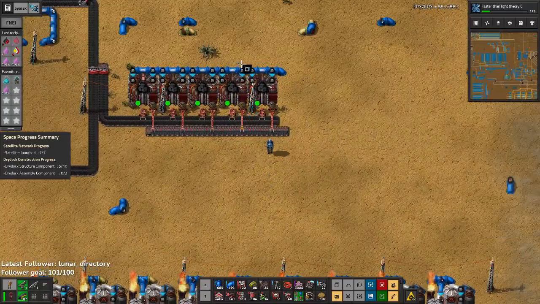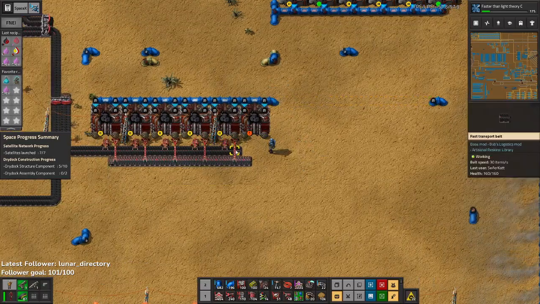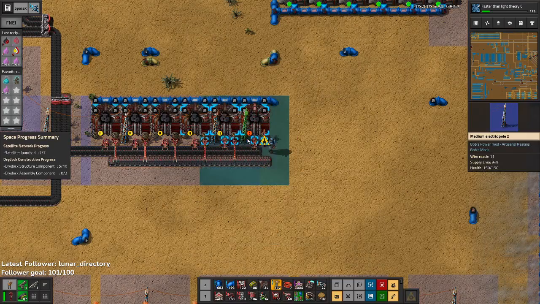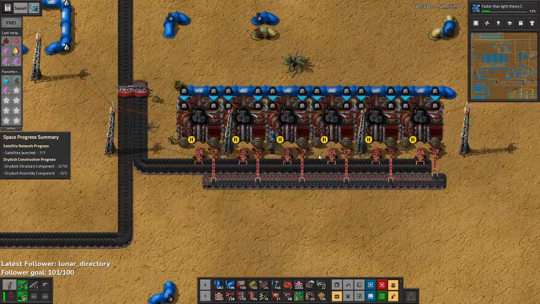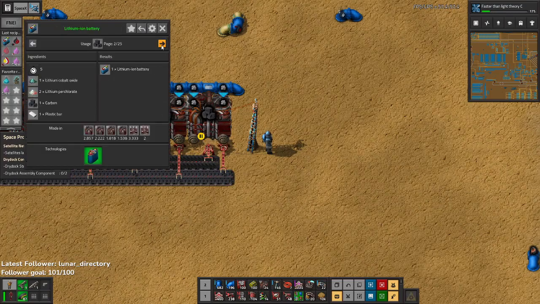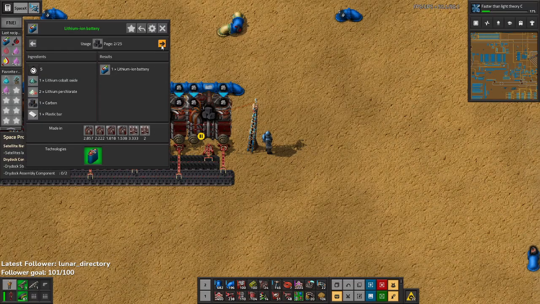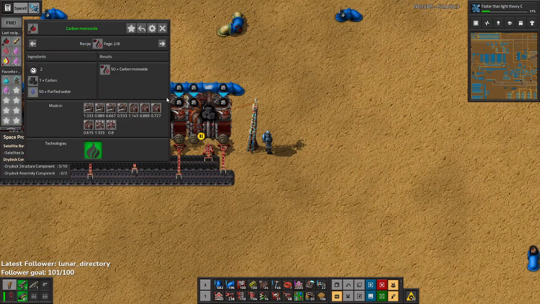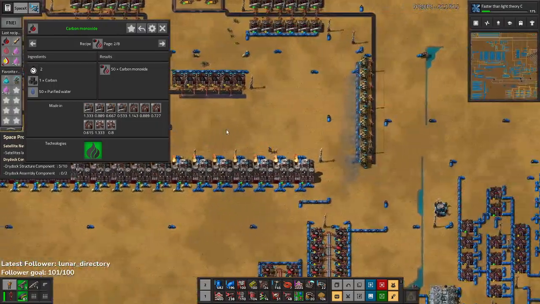Now with the carbon, one more of those actually. We shall put those offset just to get a more full belt. And then with the carbon, we can turn that into a bunch of stuff, none of which I care about until we get to carbon monoxide, which you need purified water and carbon to make. That is kind of a painful process, but